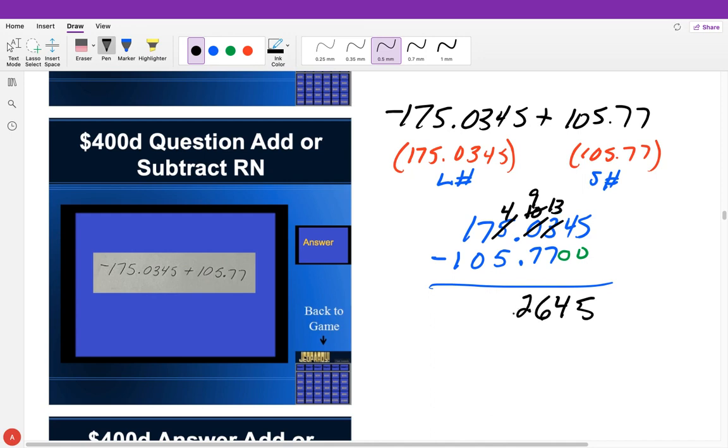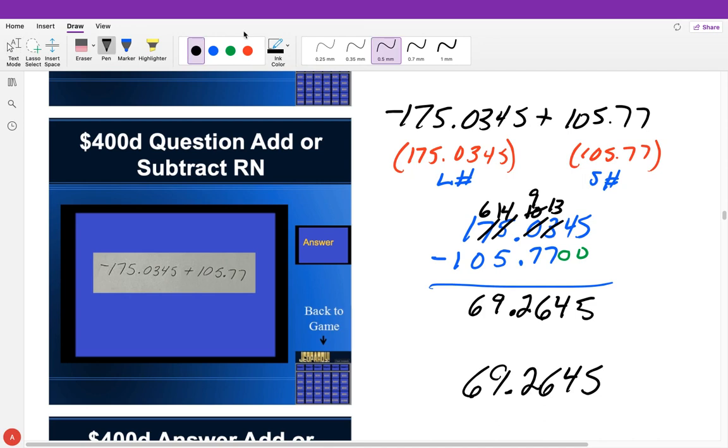9 minus 7 is 2. We're now crossing over that decimal, so our decimal will go there. We can't do 4 minus 5, so I'm going to borrow and do 14 minus 5, which is then going to give me 9. And 6 minus 0 is 6. 1 minus 1 is 0. So we know our number is